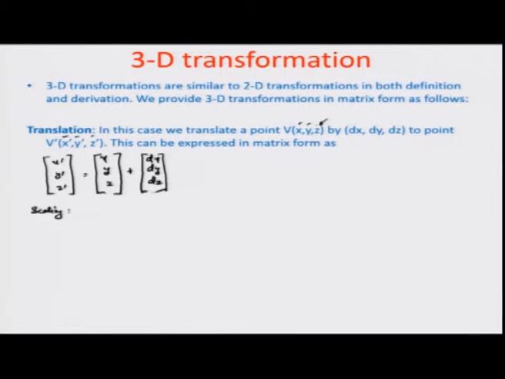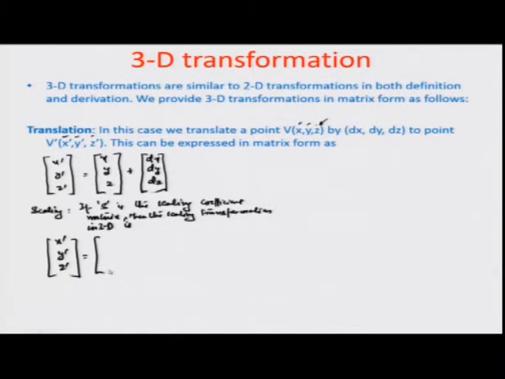In this particular case, let us say S is the scaling coefficient matrix, then the scaling transformation in 3D is given by x dash y dash z dash equals s x 0 0, 0 s y 0, 0 0 s z, times x y z. So, I am just adding an additional coordinate z here and the scale along the z direction in order to translate this into the 3D scaling